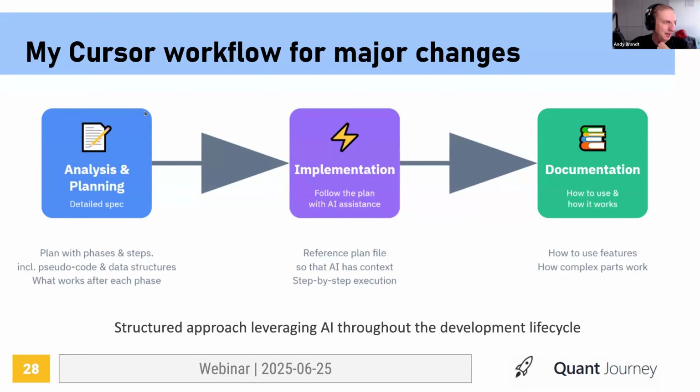Okay, so another slide here, because I want to share my workflow. Obviously for small changes like add something here, fix a small bug, whatever, I'm just typing it into the prompt window in Cursor and it just does it. But if I want to do something larger, I'm first analyzing and strategizing with a model.